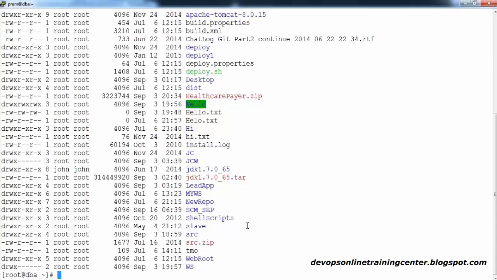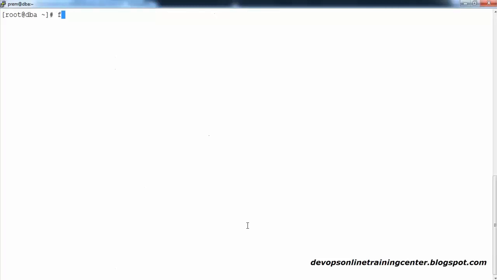Okay, I wanted to search for a file called hello.txt in this one. Okay, find, and where exactly do you want to search? You need to provide the path. It's a dot, nothing but the current directory. Hyphen name is a keyword, and for that I need to provide the name. Okay, I want to search for the file name called hello.txt. Look at this, it is trying to search for hello.txt in the current directory and it found one instance of hello.txt, and it is still searching.